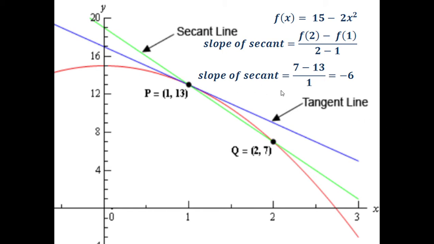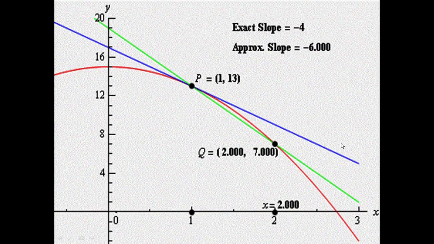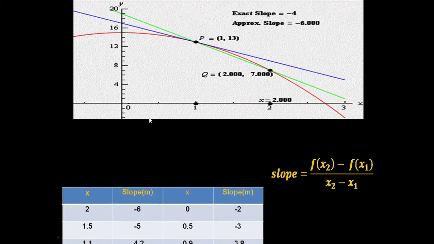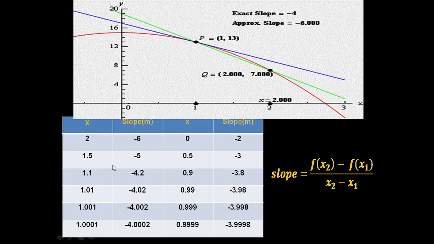But we have to determine the slope of this blue line, that is the tangent. Now here, the approximate slope of this green line is minus 6. But we have to find out the slope of this blue line, which is almost minus 4. Then, if we apply this formula of slope, (f of x2 minus f of x1) by (x2 minus x1), and we form this table here, then we could observe as we are going nearer to point 1